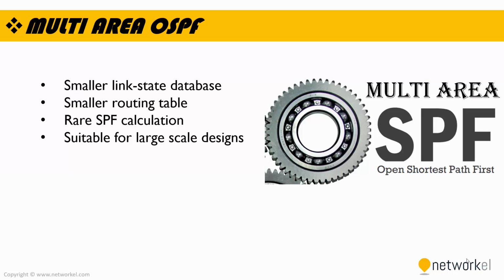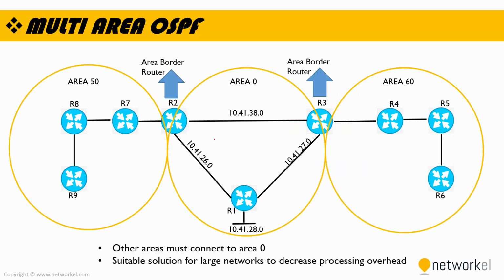Let's take a look at multi-area OSPF first. Multi-area OSPF provides us a smaller link state database, a smaller routing table, and rarer SPF calculations, because if there is a topology change in an area, it stays only in that area, and SPF calculation is made just for the related area, and that's suitable for large-scale designs. In multi-area OSPF, other areas must connect to area 0